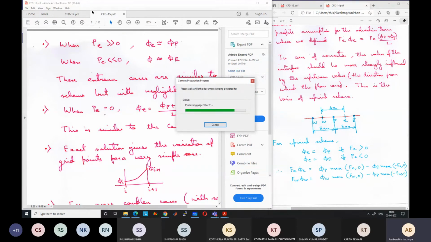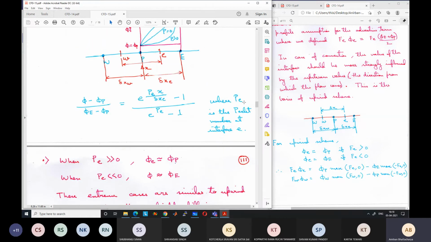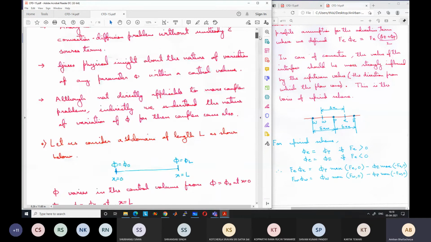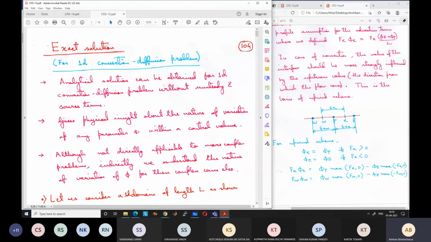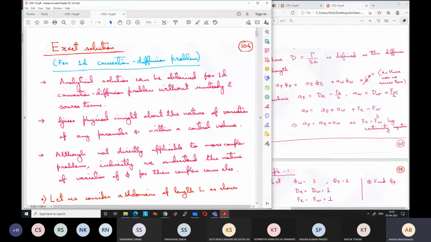This is also a new file which has been uploaded in the portal, you can go through it. We are trying to derive an exact solution. What do we mean by exact solution? Exact solution means analytical solution, by integrating itself without taking any numerical assumption. Directly by differentiating or integrating, we want to find the final solution for the 1D convection diffusion problem. What was the 1D convection diffusion problem? Let me keep it open on this side.